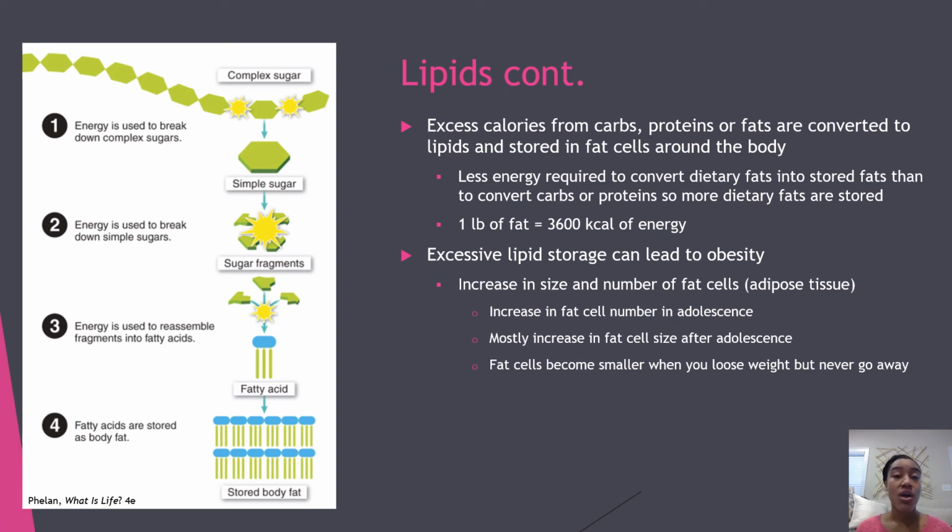When you first start a new exercise regimen or a new healthy diet, you may see a drastic decrease in the amount of weight that you have on your body. And this is generally due to what people call water weight. And that's because you're using those carbohydrate stores in your body, and then you're also sweating a lot more and things like that. So you see the scale tells you that you're lighter, much lighter, because you're actually losing water